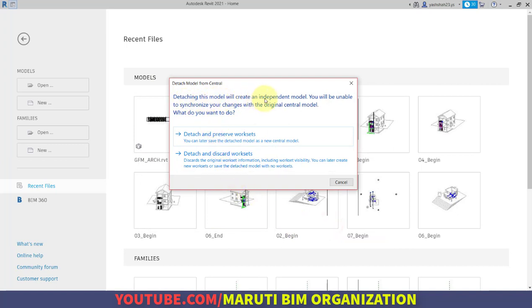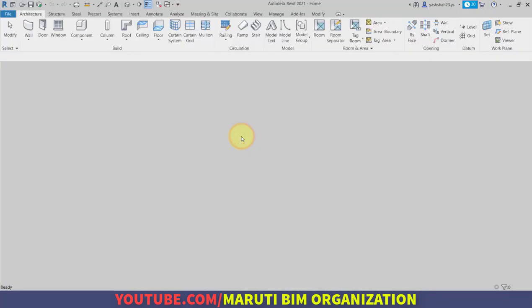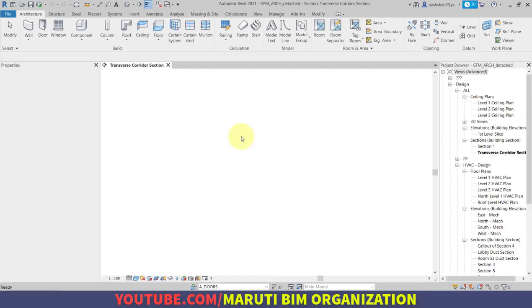Detaching this model will create an independent model. You will be unable to synchronize your changes with the original central model because you have broken the link between the original model and the new model. So we will use detach and preserve the worksets. It will open the Revit architecture model, and we will save this file.